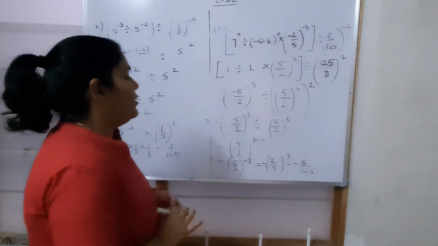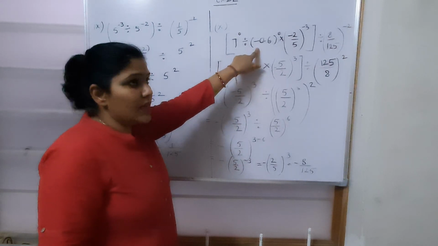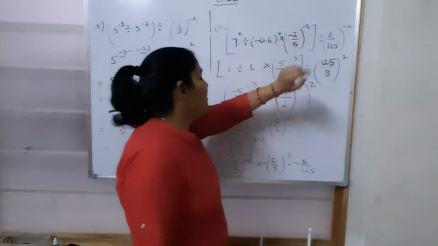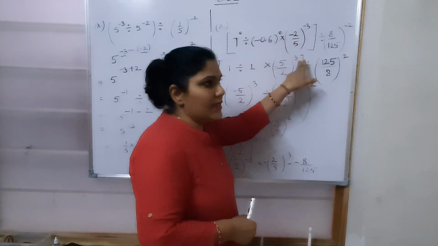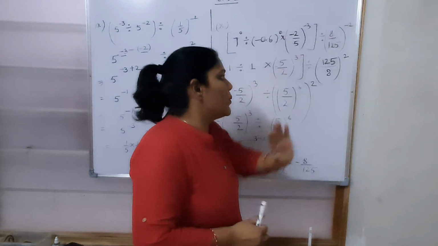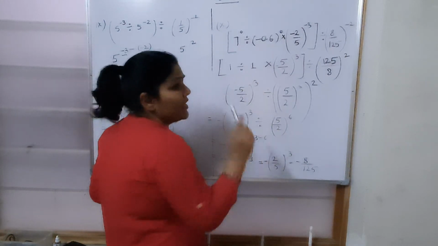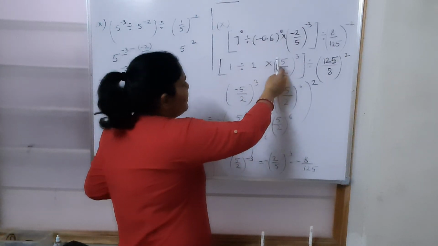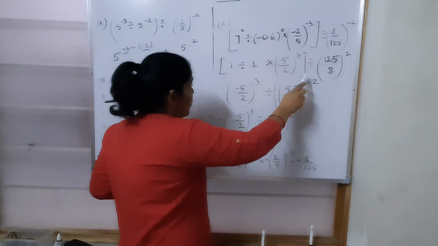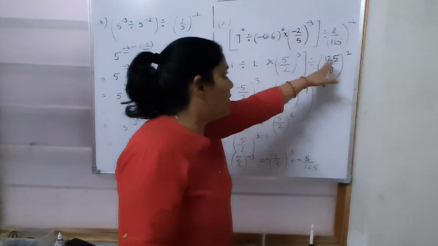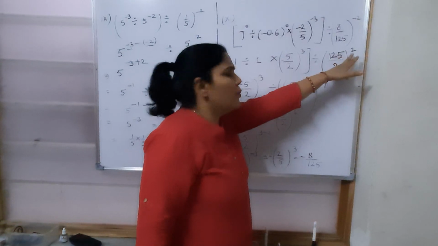Again, 7 raised to the power 0 is 1. Divide sign is there. Minus 0.6 raised to the power 0 is again 1. Multiply. Now minus 2 upon 5 will become minus 5 upon 2. And minus 3 will become plus 3. Divide sign is there. Then we have 125 upon 8 whole raised to the power 2. Now just look here. 1 divided by 1 is 1. So 1 multiplied by minus 5 upon 2 whole raised to the power 3 divided by 5 upon 2 whole raised to the power. Just look here. 125 upon 8 can be written as 5 upon 2 whole raised to the power 3. And over that we have the power